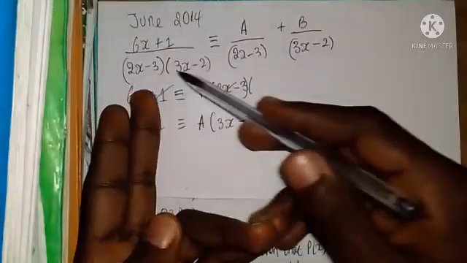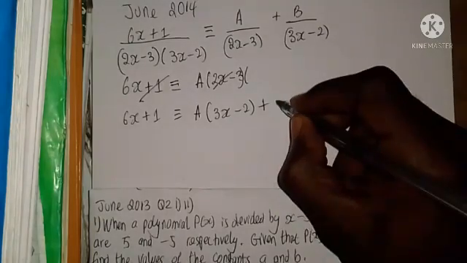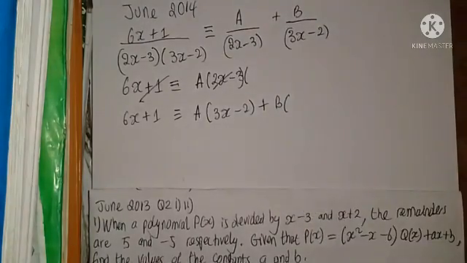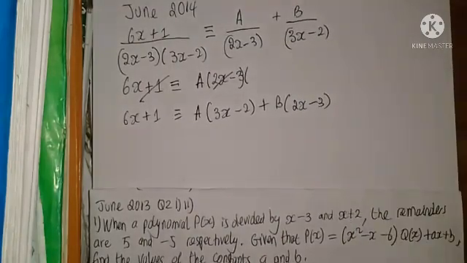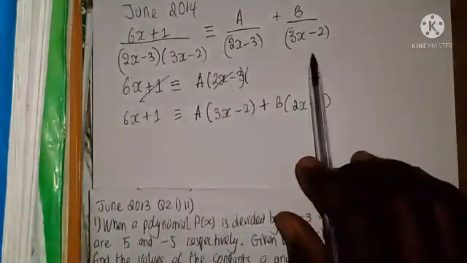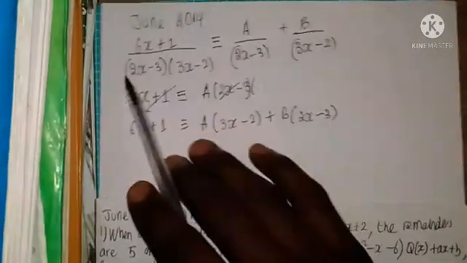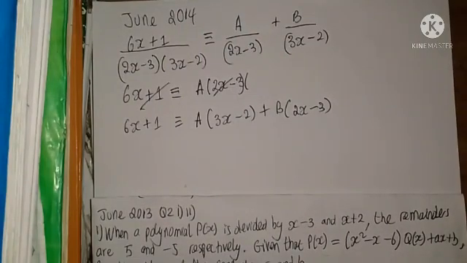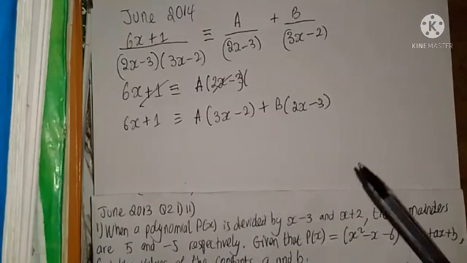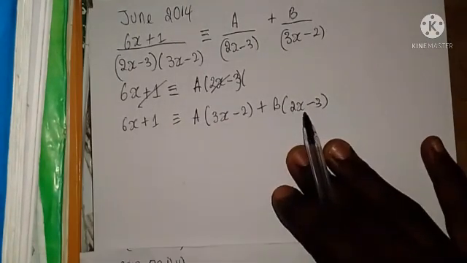When we multiply all these two denominators here by this value of B here, this value will cancel, so B times (2x - 3), and the same goes for this other side, because when you cross multiply these two values will come and multiply this numerator here, and this denominator will cancel out. Okay, so what comes next? From here you need to open the bracket and you equate the like terms. So doing this,